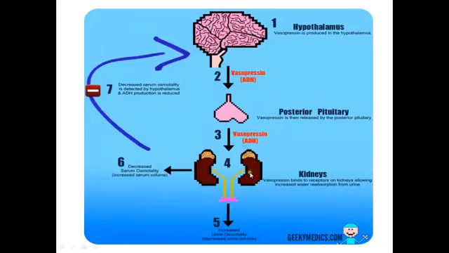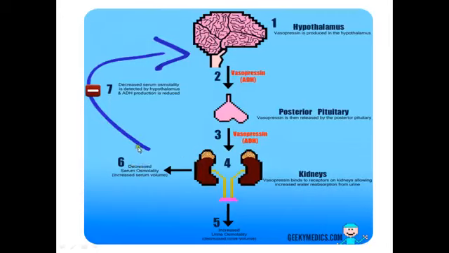So when ADH is less, it will reabsorb less, leading to increased urination, which will lead to increased serum osmolarity. So now if a lot of fluid starts getting out through the kidneys, if a lot of fluid is excreted, what will happen? There will be an increase in serum osmolarity. Water will be reduced in the body and the sodium will be high in the body, and so when you calculate the osmolality, it will be increased when the ADH is reduced.